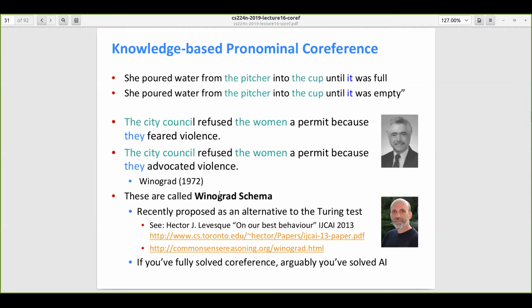What the Winograd schema does is it gives examples of text like this, and if we have a coreference resolution model in place, you can test it on these to figure out how good it is. And it is even proposed